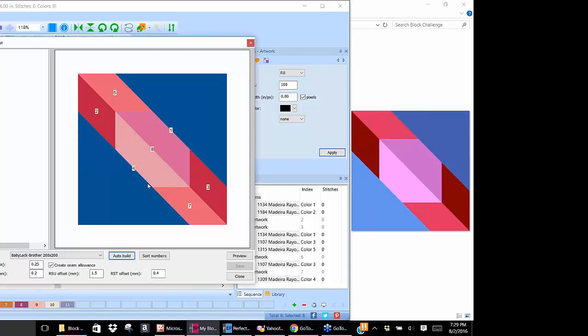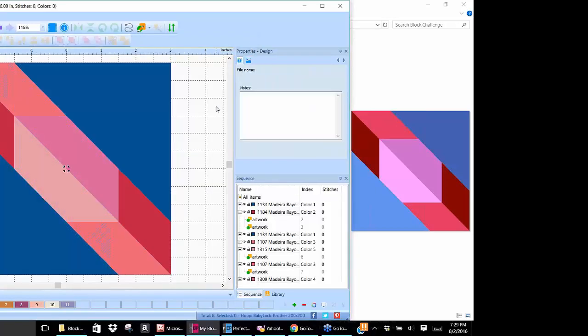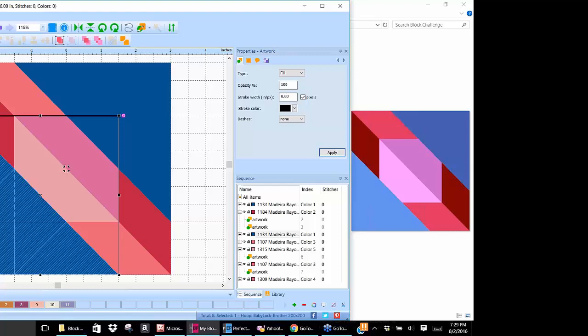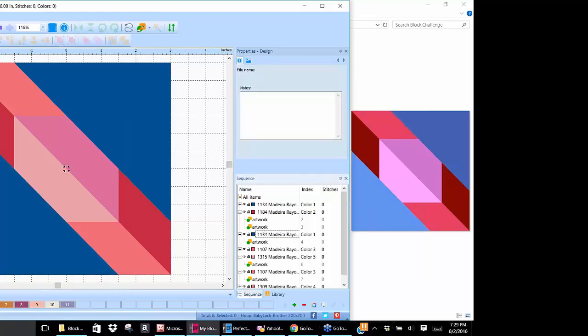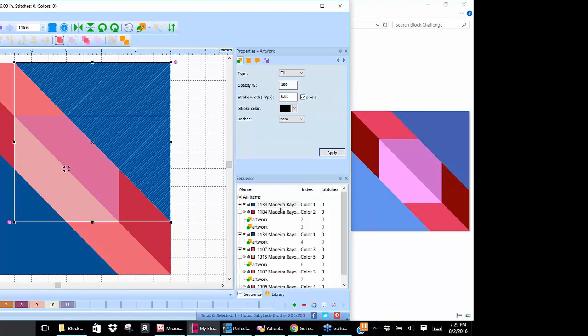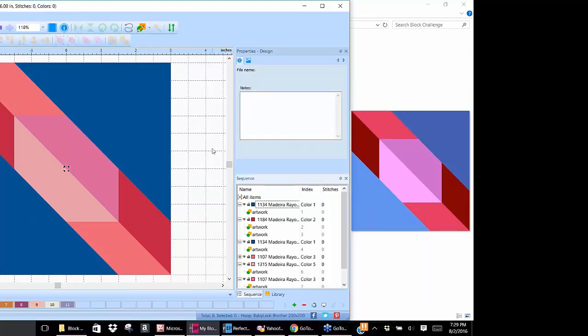Ooh, no automatic solution found. Let's see what we need to do. I'm going to close out of here and go back, and let's select each patch. There's one patch. That's all one piece of artwork. The other patch is all just one piece of artwork. We may need to